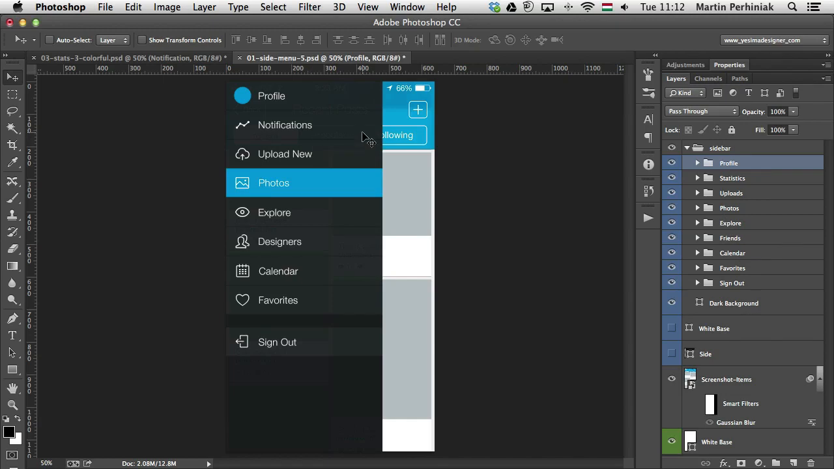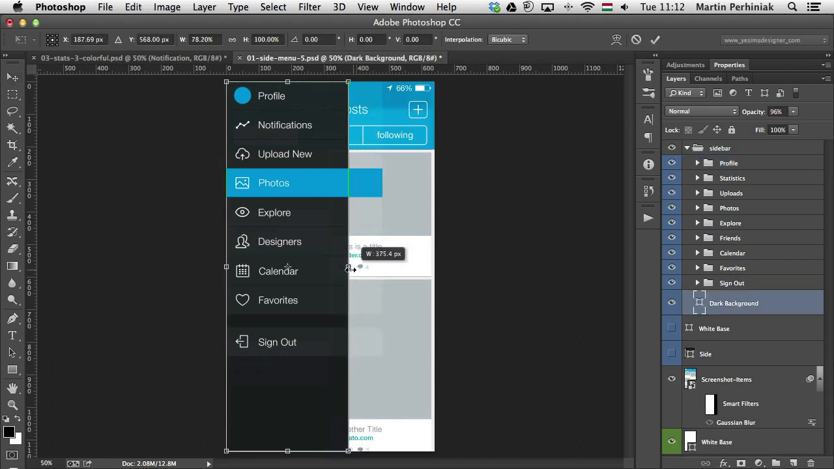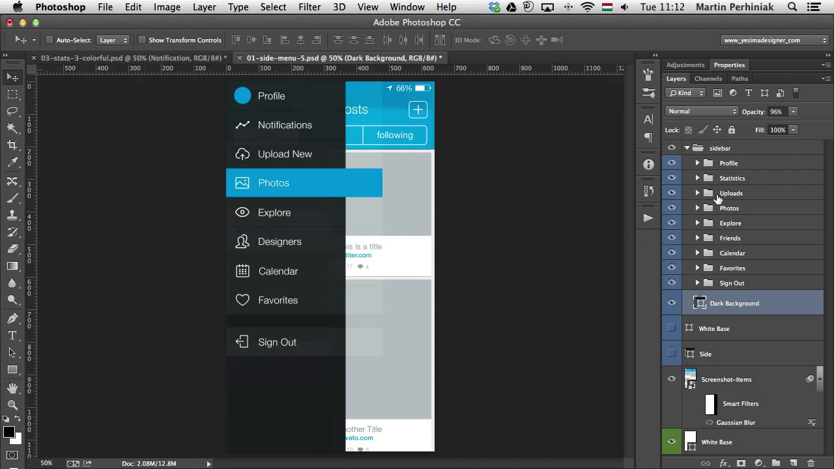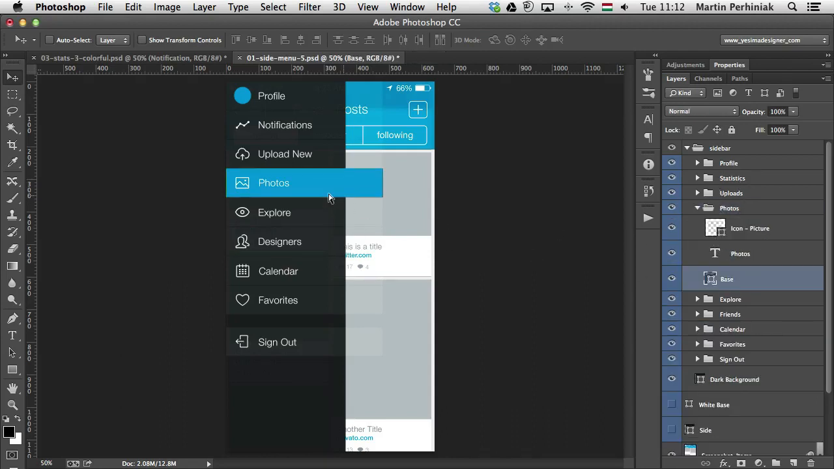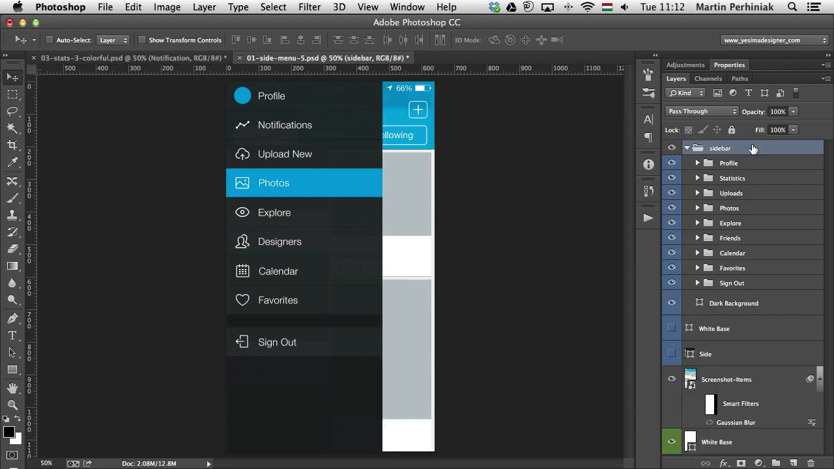So in case I need to change the width of this sidebar, I wouldn't go in one by one changing it. So for example, change the dark background, first of all use free transform, change it, and then go into all of these like the photos and then select that base and again change the width of it. Instead of this, I'm going to use masking. So I just go back a couple of steps, and instead of using any of these layers one by one,